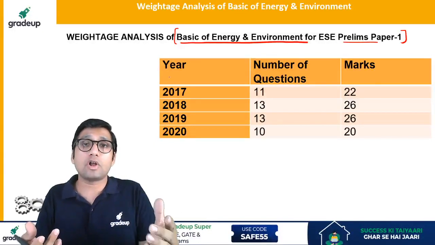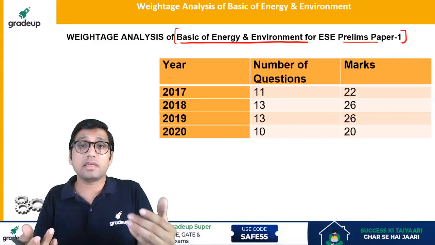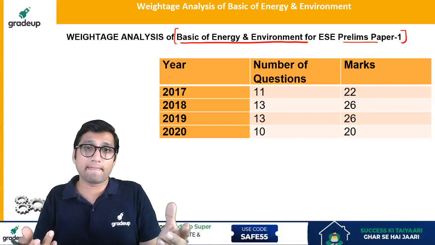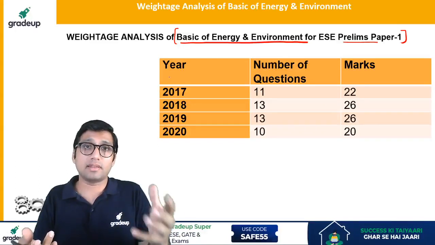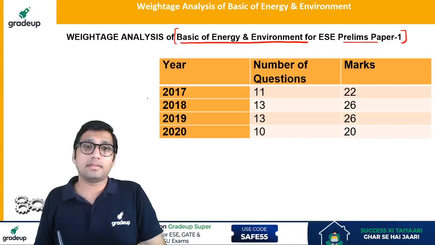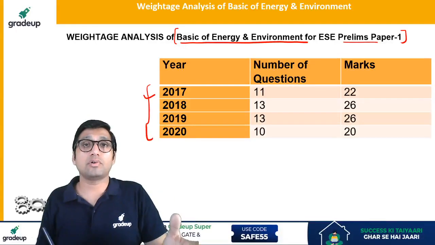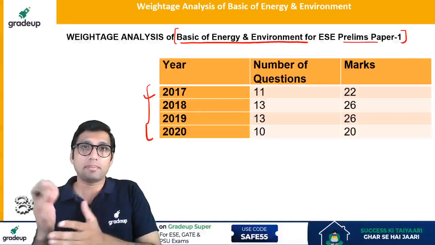From 2016 onwards, in the notification of ESE 2016, they have changed the pattern of paper 1. Now they have started this engineering aptitude and general studies part. So this paper was actually started from 2017 onwards till 2020 so far, because 2021 will be conducted on 18th